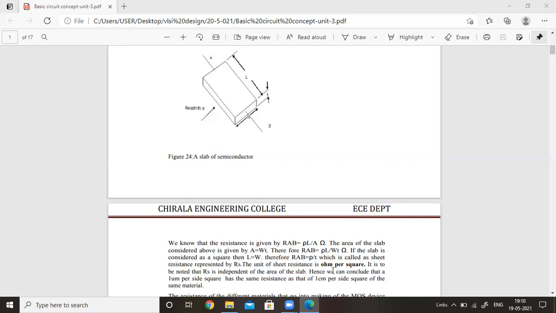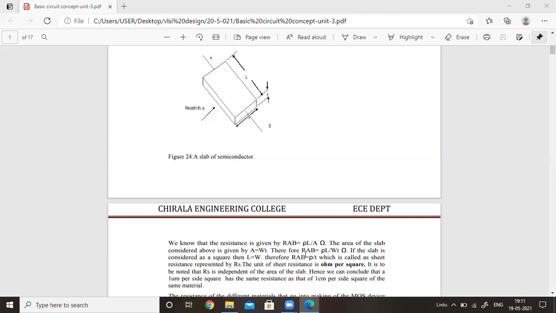Just remember, you got it now. So what you will get now, Z is here, so RAB into Z rho by T. What is rho by T? We can consider it the sheet resistance RS. So this RAB is equal to RS, in ohm per square, which is what we consider here.